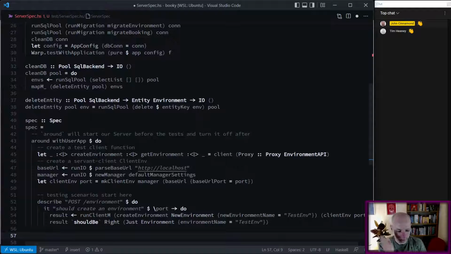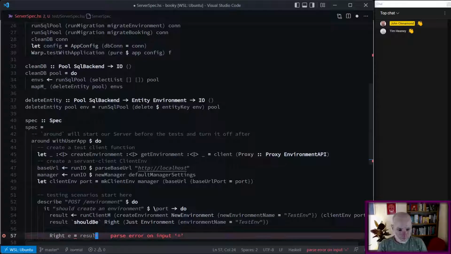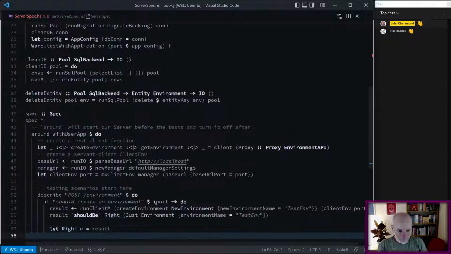Got a user type. I want to get the right. I know that match is right. So now I want to get it out. So I can say something like right E is result. Maybe put that in valid syntax. Okay, so I have the environment we just created, but that's only given us back, it hasn't given us